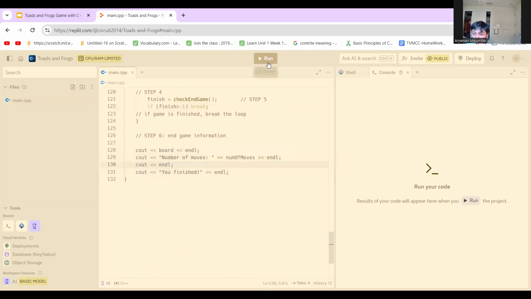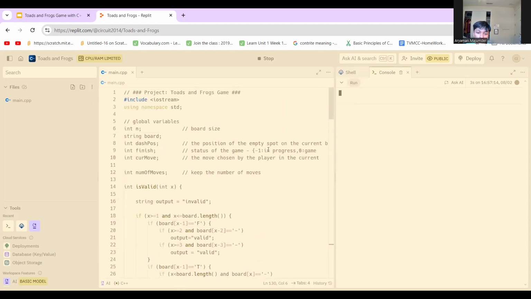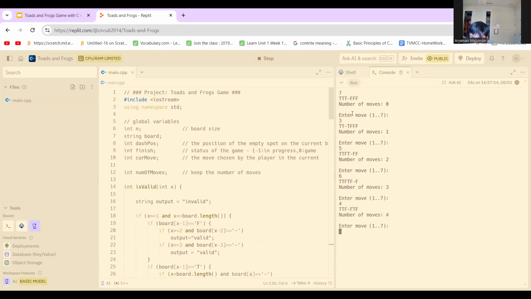So let's try to run this code and see if it works. Here, as we can see, we don't get any permutation because we need to enter the size of the board. So let's start at 7. So basically three on both sides, 3 toads, 3 frogs. It outputs the number of moves and asks for the move. So let's say I do 3, then 5, 6, 4, 2,